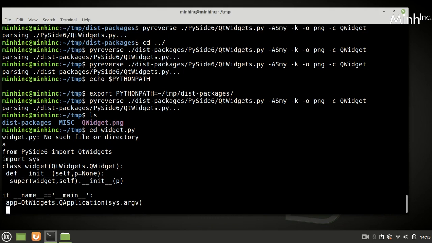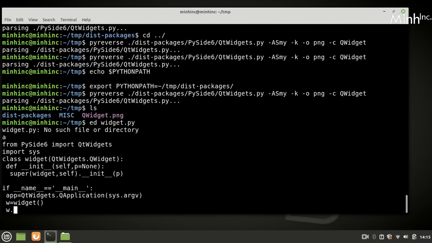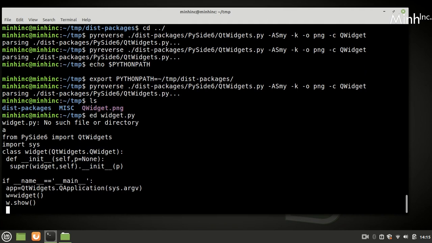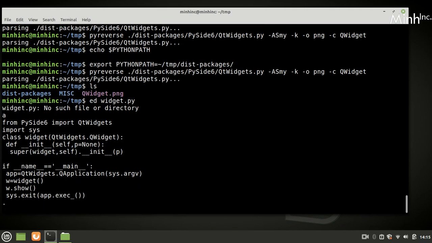As per the C++ code, w equal to Widget, w.show, sys.exit, app.exec. That's it. From PySide6 import QtWidgets, import sys, class Widget QtWidgets.QWidget.